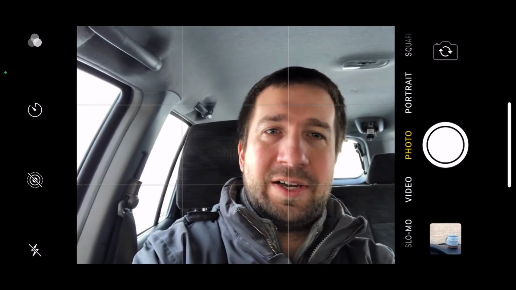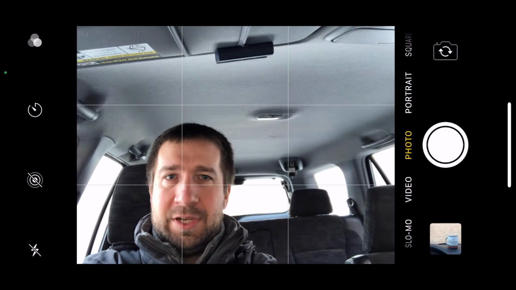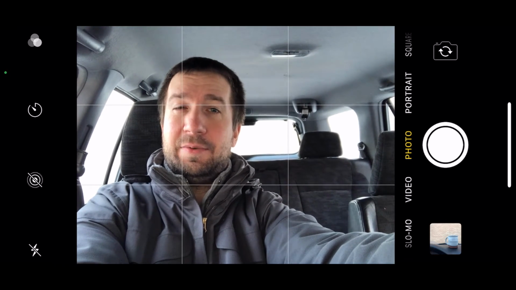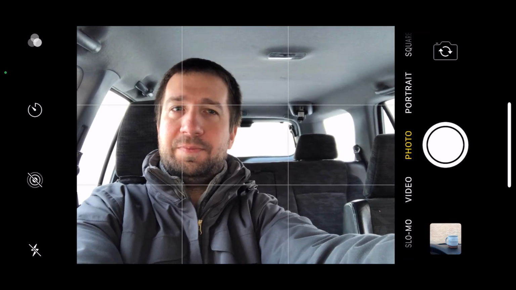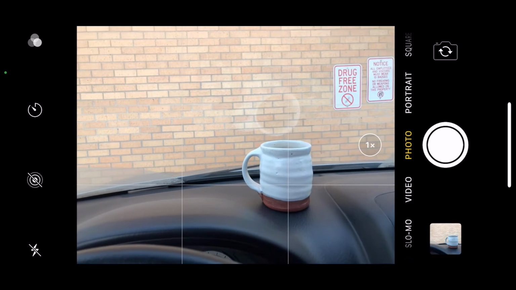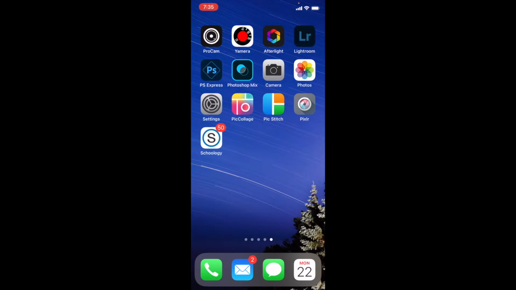Okay, it's going off to the side, one side or the other, or backing it up a little bit and just being on one of the points of intersection. Usually you'd want to have like the eye of the person be right at the intersection point if you're doing a portrait. Okay, so that's the first way to turn on the rule of thirds grid, and that's just using the regular camera app. So if we're using Lightroom to take our pictures,